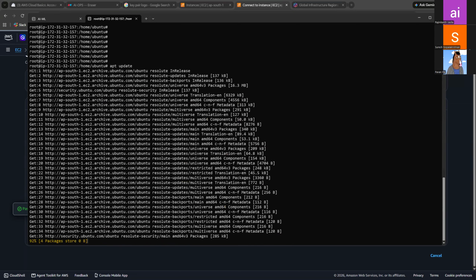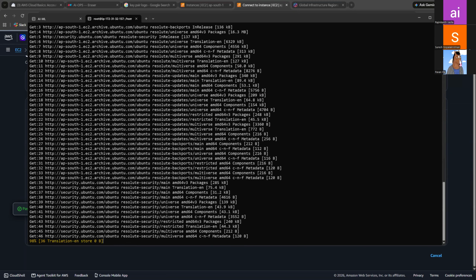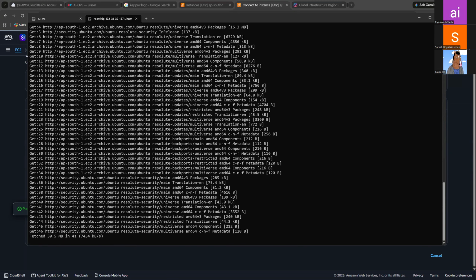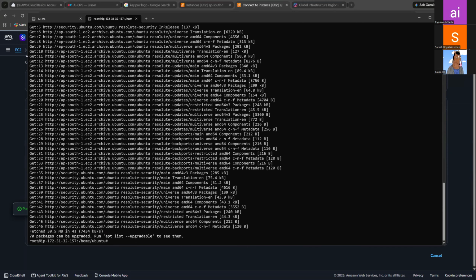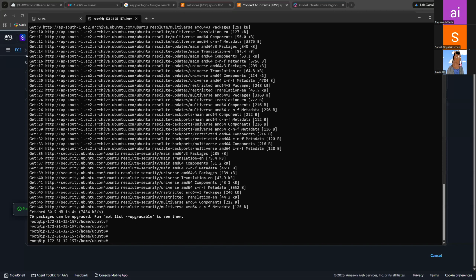But make sure you do this in your practice only, in your local cloud practice only. Don't do it in the production servers. Mark my words. Don't forget this. Don't do it on the production servers. If you get access, don't do apt update. Don't do apt upgrade. You're not allowed